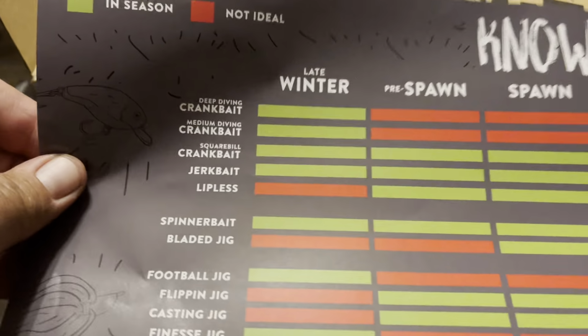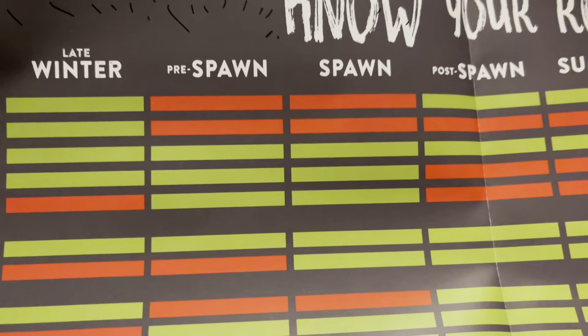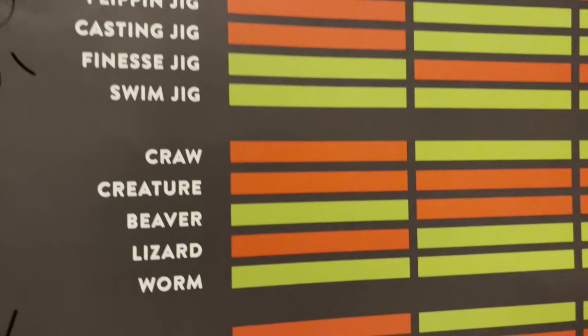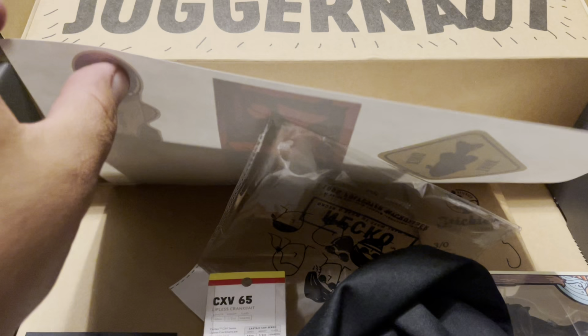Then you have a poster. Know your role, it says. Not ideal. So it has late winter, pre-spawn, spawn, post-spawn. And so it has deep diving crankbait, medium diving crankbait. This is the stuff on the side. But she kind of tells you what's good that time of the year. Which, yes and no. We'll just leave it at that. We'll just say yes and no, yes and no. So, all in all, a decent little box. Well, not little box, but